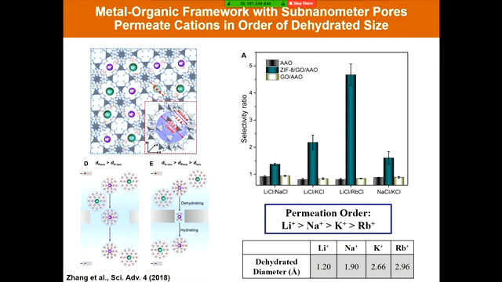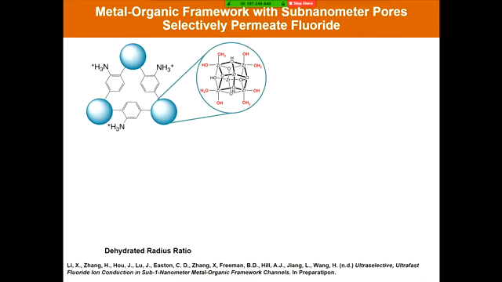And this is of interest because this is the way nature runs ion channels in your body, so that the sodium and potassium can be differentiated by a factor of 10,000 in ion channels in your body. And there, the ions do dehydrate before they go through a narrow selectivity filter that's exactly the right size and has the right interactions for the ion of interest. And so this has been of great interest to us.